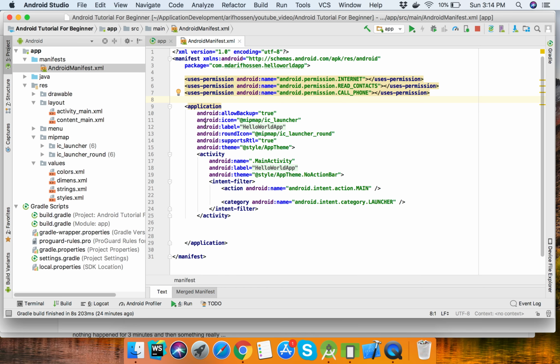and we can see the icon as the application launcher icon is different from here, and the application name is the label, and also we can set the round images, and also we can set the theme of the application, as the theme is the default app theme, and then we can set all kinds of activity in